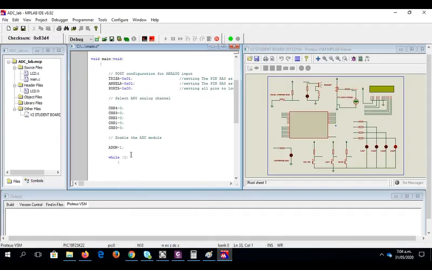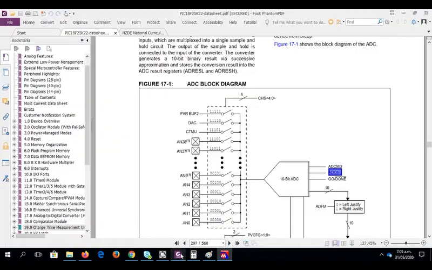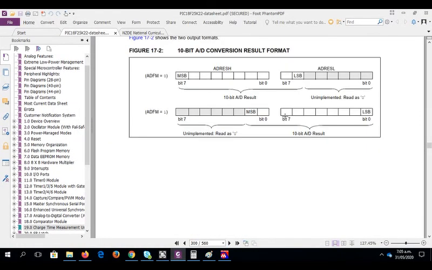So the next one we'll be doing is setting the sampling clock. Now in order to set the sampling clock, we will go to a module,